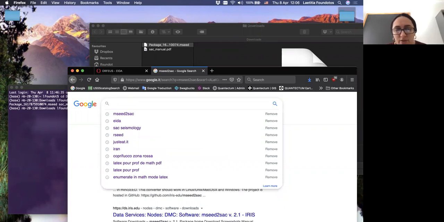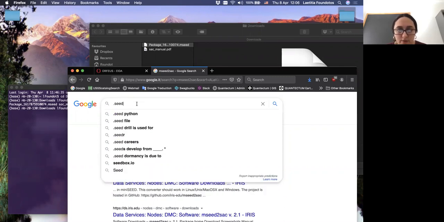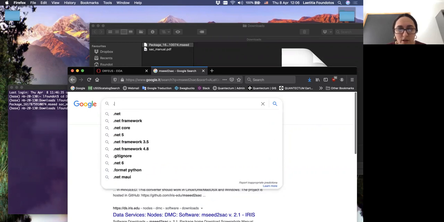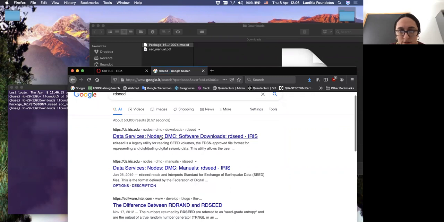When you download data on the internet and you have full seed format, the name of the file will be like that. You can use this function, which is rdseed, and you can also download it on the internet.